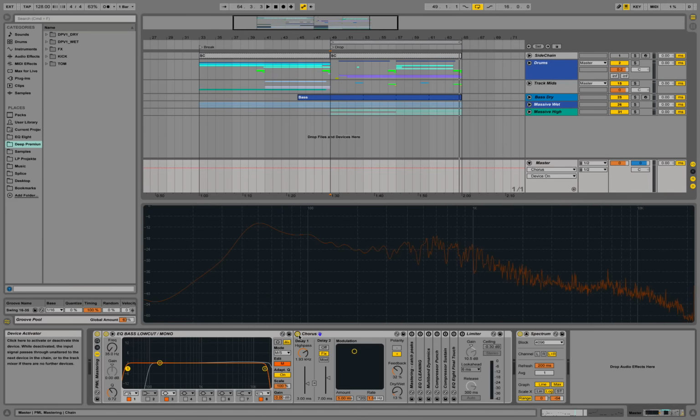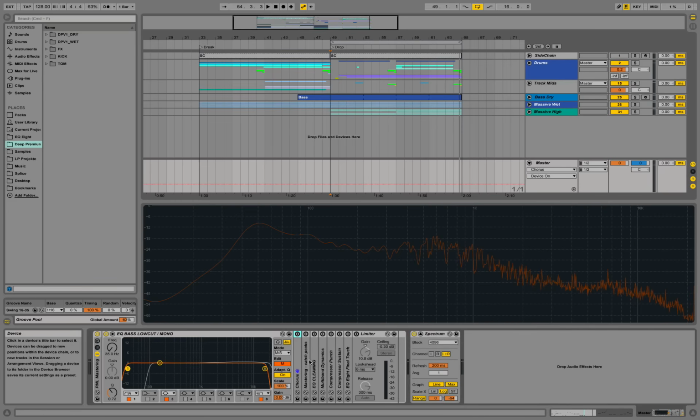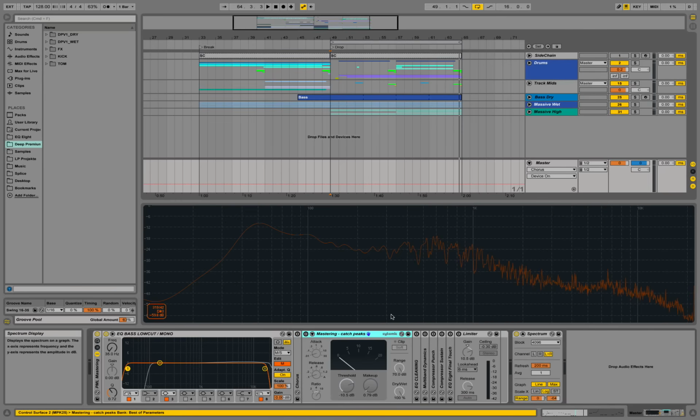We don't do this over here, but that's a simple way of achieving that effect with Ableton built-in effects. There are third-party plugins that are a lot better for this, but you could do it this way. Anyways, I'm leaving it out over here, and I'm moving on to the next element, which is